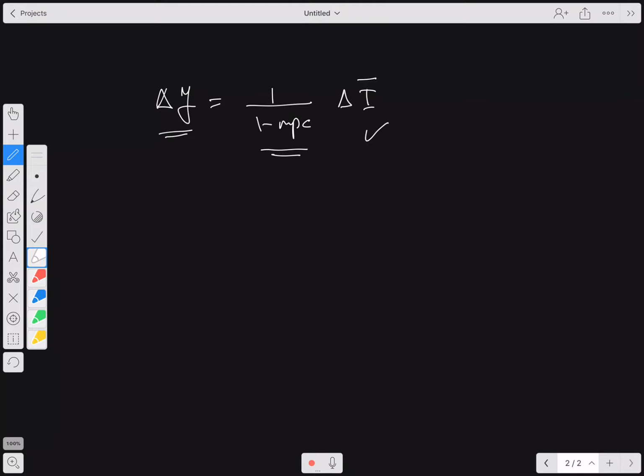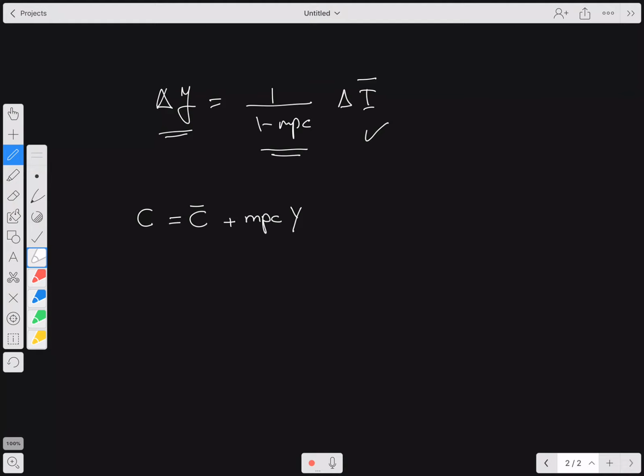Okay? In chapter 13, which is the current chapter, we're just expanding this model to allow for taxes. So we have what we call the tax multiplier. And the main difference here is that instead of just saying that the consumption of a certain person is equal to the autonomous part that does not depend on income, plus the part that depends on a fraction of income, which is MPC out of income,